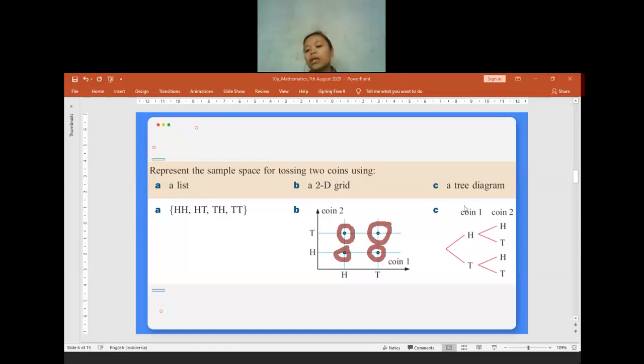If making the tree diagram, as I told you, the very first one will be opening by H and T, because for each coin, only two possibilities, the head and also the tail. If I'm going to toss another coin, I have to open another branch for each possibility. So for the H in here, I open again for the H or T. For the T also, we have to make another branch for H and T. So later, even if we make a list from the tree diagram, we will get head head, head tail, tail head, or tail tail.